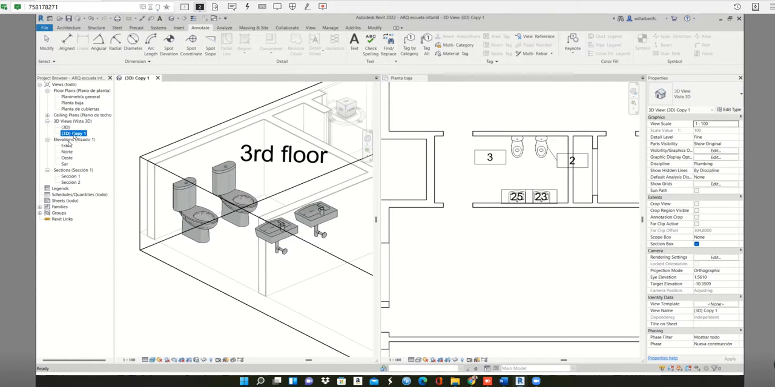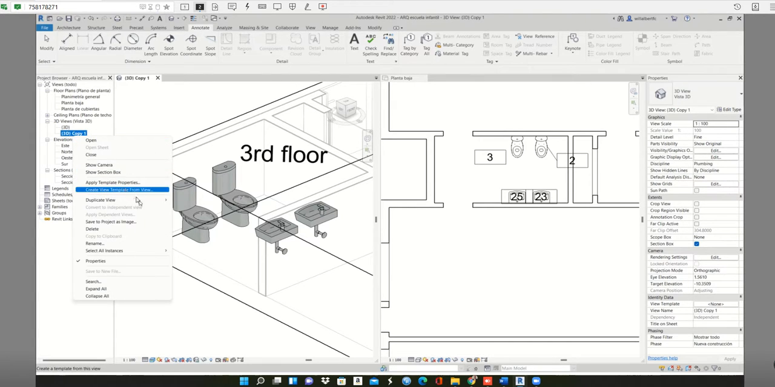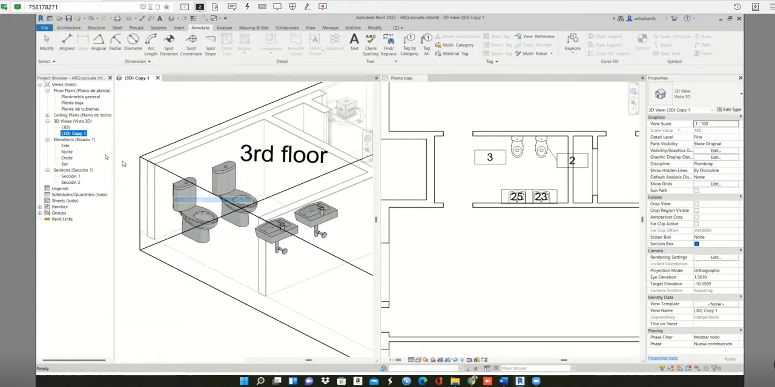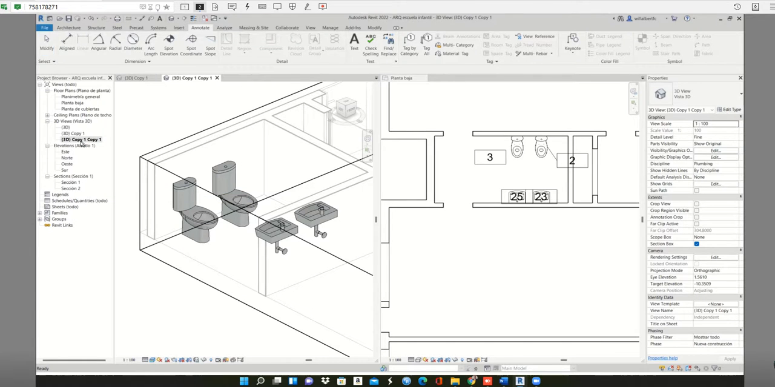We recommend that if you want to work, you create a 3D view that's only yours, so you can make any change you want. Also, you can duplicate here. For example, we are going to have a 3D view that's only